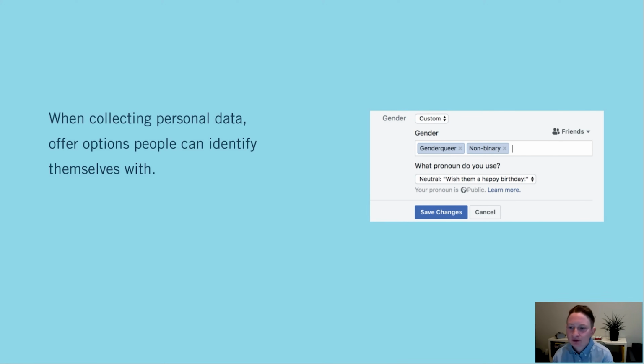Because if you're asking about something personal, the words that you use to ask the question matter, the words that you use to explain eventually, but it's also about the options that you give users. Once you ask the question, you give them a set of options, and it's important that in those words,